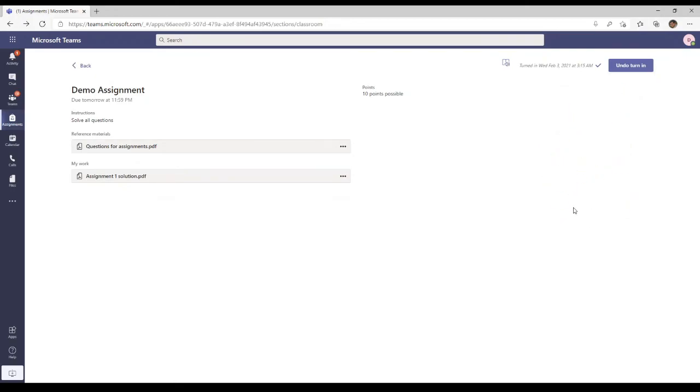Okay, so I will repeat what we have seen. First, the login procedure. Second, how to join the lectures through your calendar. Third, how to submit your assignments. Only these three parts are pretty much important, and that covers your Microsoft Teams usage using a desktop PC, using a browser. Your Windows app does have a similar interface. Don't worry about it. The browser interface and the desktop app interface are the same.